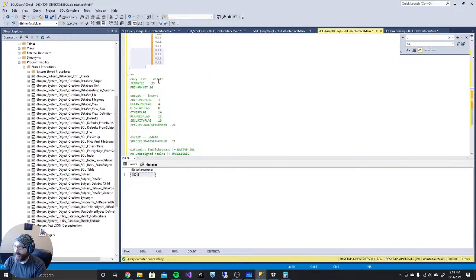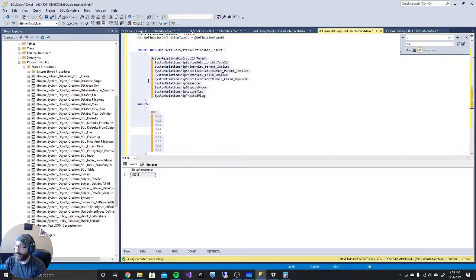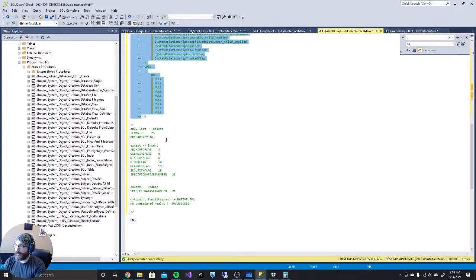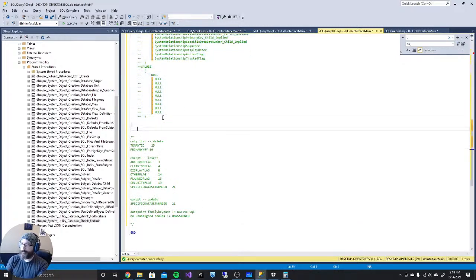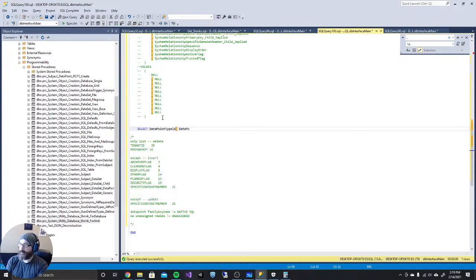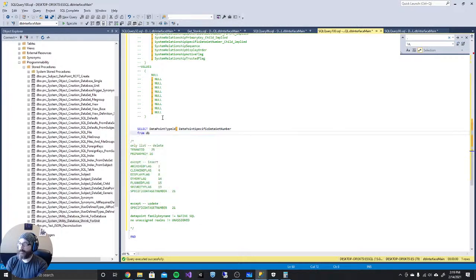So we have a couple of exceptions. Select is everything, but overall we don't want this. So comment this out, and we're going to continue to work on the actual query I want. Select data point type ID, data point, data specific, from